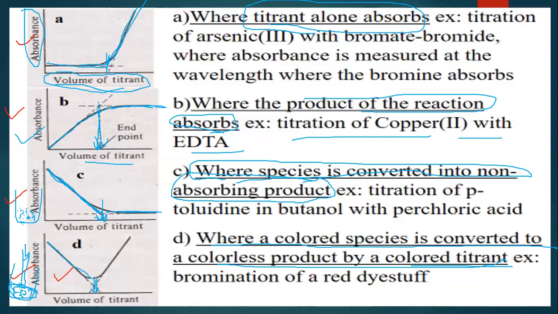And after that the concentration of the titrant which you add from above will increase, and that is also an absorbing species. Okay, so both the species were light absorbing species and hence the absorbance initially goes on decreasing due to the reaction between these two, because the product that was formed was not a light absorbing species. Okay, and that is why the graph shows a V-like structure. And this is your end point, or you can say equivalence point. So on each and every graph you can find out the equivalence point or the end point.